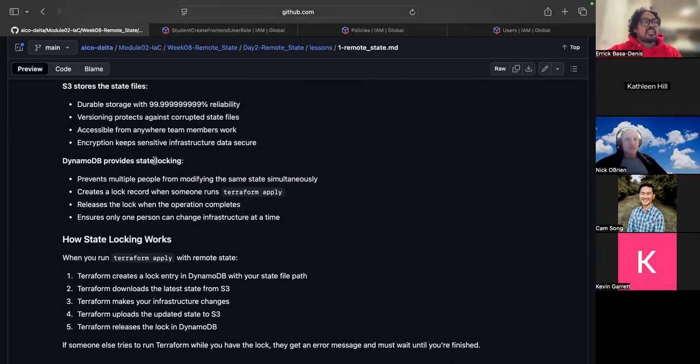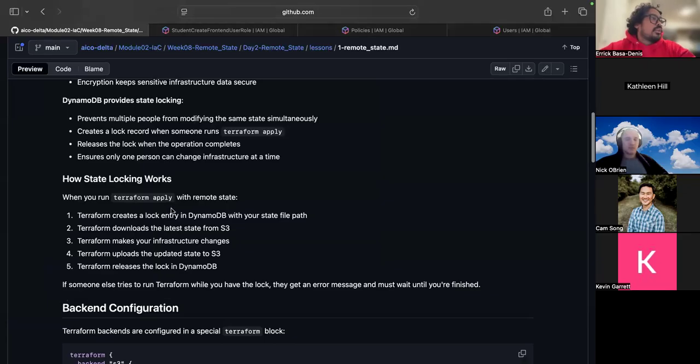DynamoDB, on the other hand, provides state locking. That prevents multiple people from modifying the same state simultaneously and creates a lock record when someone runs terraform apply. It releases the lock when the operation completes and ensures only one person can change infrastructure at a time. So how state locking works: Terraform creates a lock entry in DynamoDB with your state file. When it creates a lock entry into a DynamoDB table, Terraform writes a new item into a DynamoDB table,